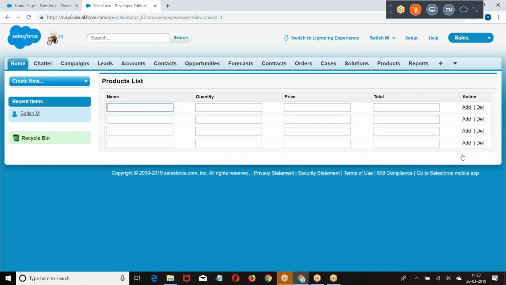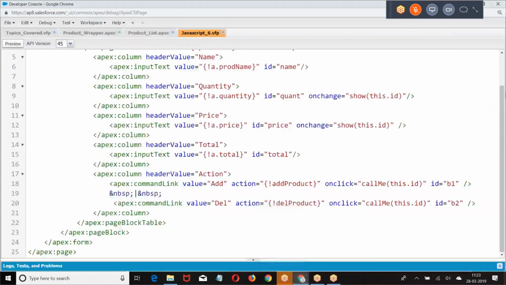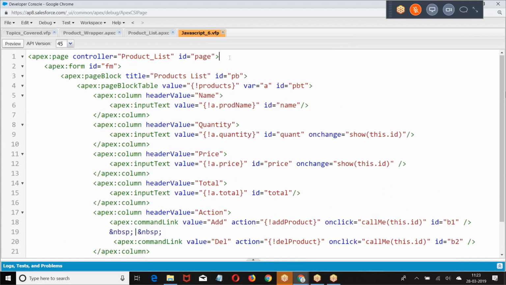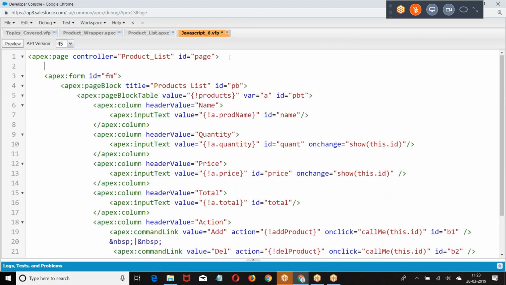This is how we got it. Right, boss? This is the UI I created. Now I want to control it. What is the action? When you click on the button, on which row did you click the button?